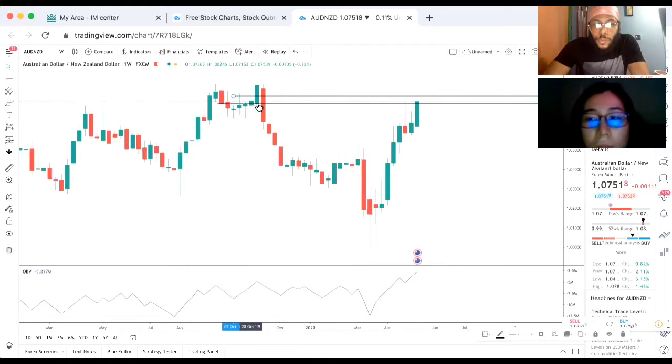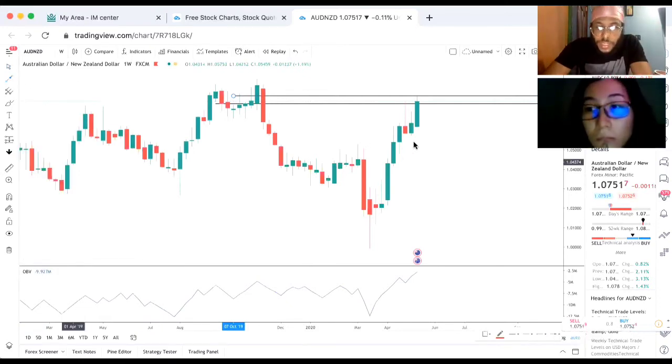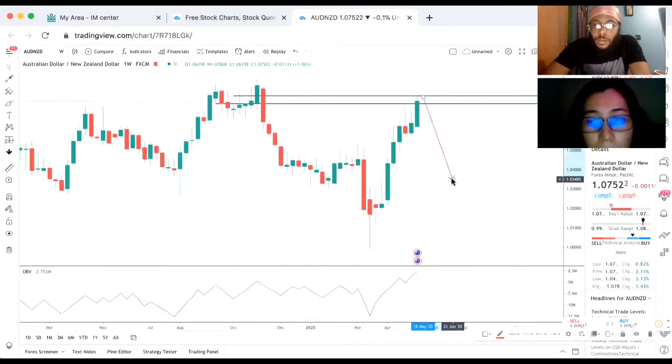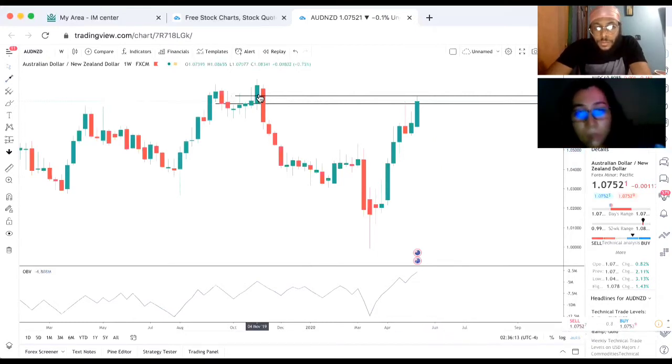It broke through the first one, but we know that we have a second level to look at. We know that we have to mark up the middle of it, because that's the next level where it could start pushing down. That makes sense? So now I can anticipate that since price came up and we can see it being rejected from this point of interest, I can expect it to maybe start heading down. But I got such a good entry, very simply, because of this point of interest.